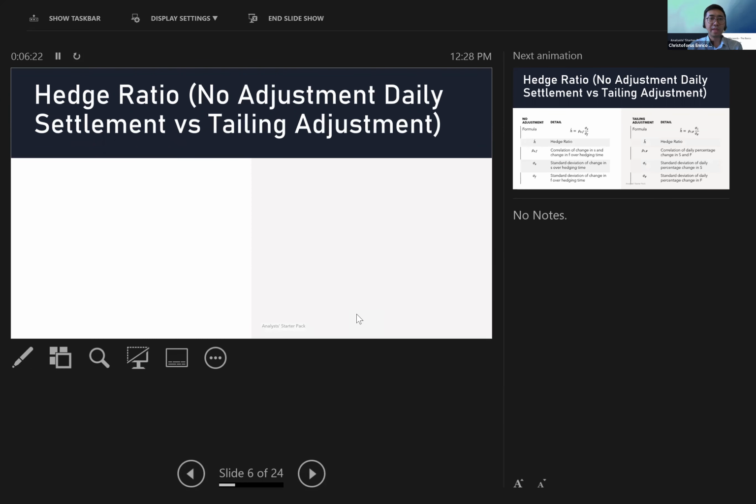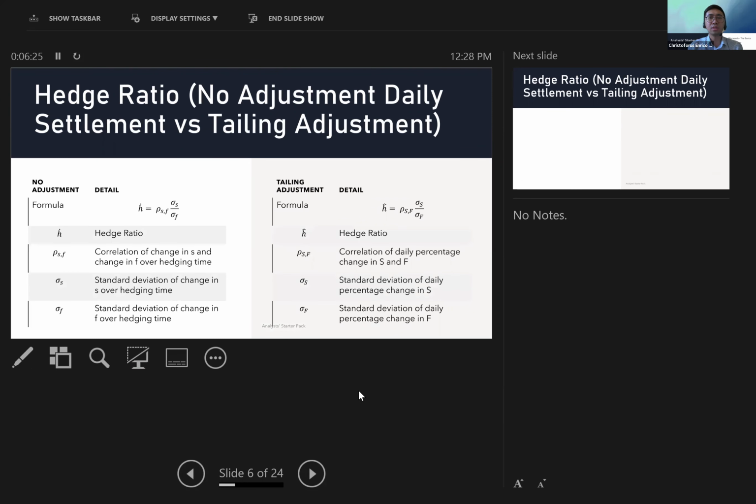For the hedge ratio, it means, for example, you're hedging some asset, let's say jet fuel, and there are no jet fuel futures, so you need to use a different kind of oil. Let's say you use crude oil or heating oil as the hedge. Then you need to adjust your hedge. It's similar to a beta in equities, but slightly different.